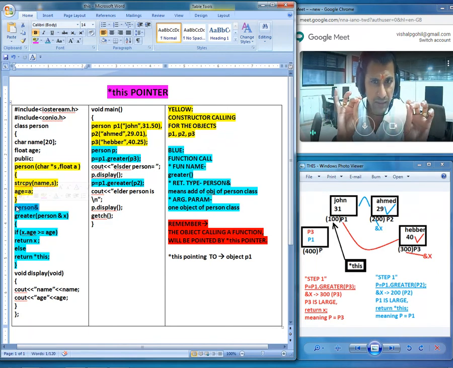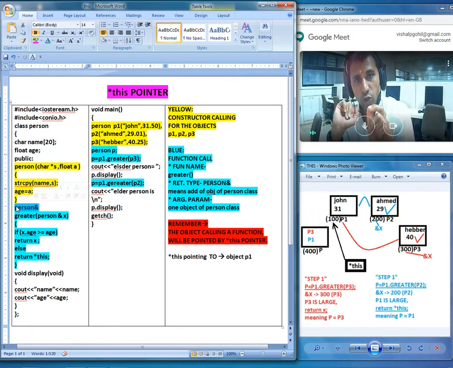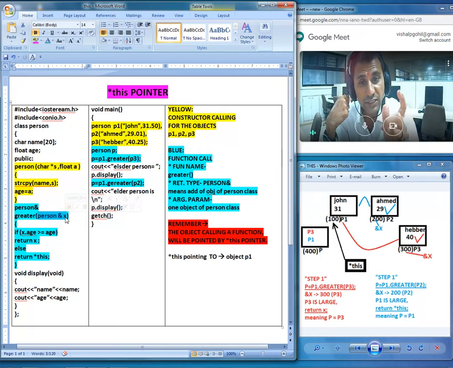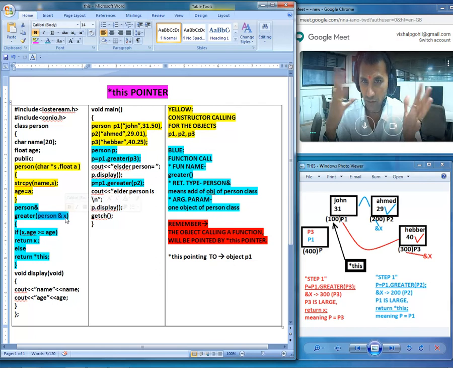I am repeating it: greater is the function that is going to return the address of an object of class person. Another thing, let us take a look at the accepting part. Greater is the function that is accepting the address of an object of class person. So that is all about the functionality of greater.